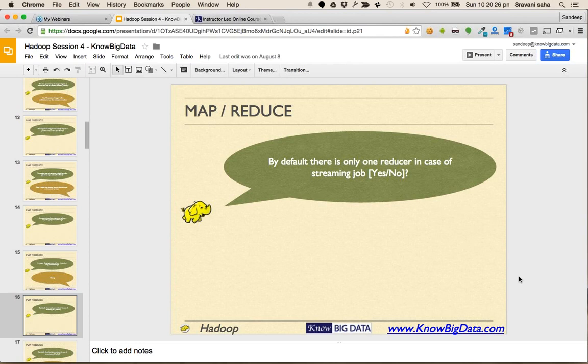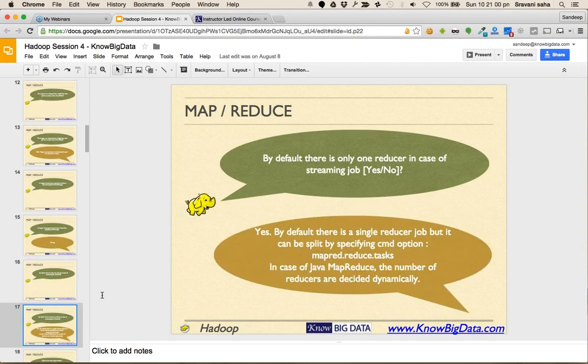By default, there is only one reducer in case of a streaming job. Yes or no? Or let me ask you this way: when we ran our streaming job to do the word count, and when we did not specify the number of reducers, how many output files were created? One or many? That's correct. Yes. So by default it is one, and it can be changed by the command line option called mapred.reduce. Okay,